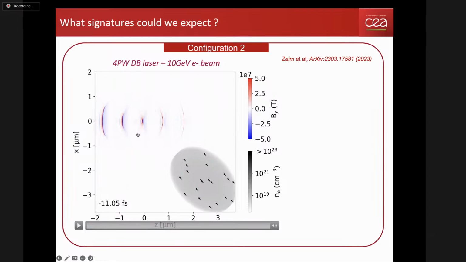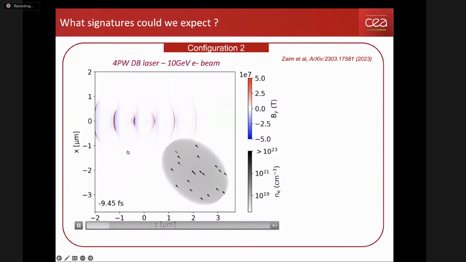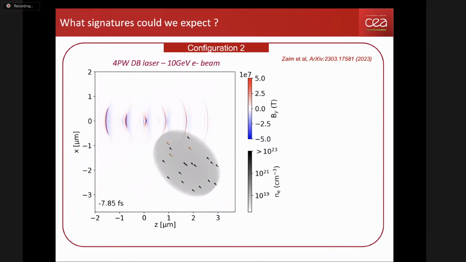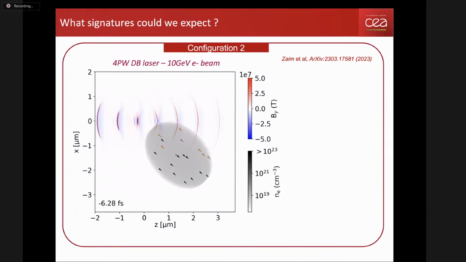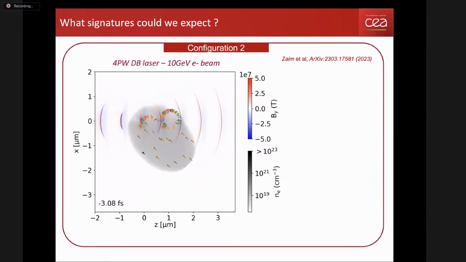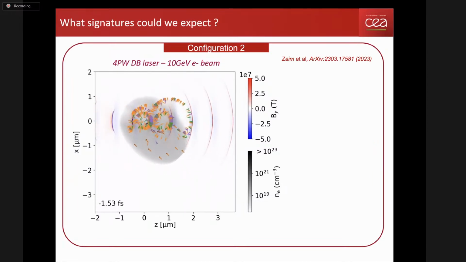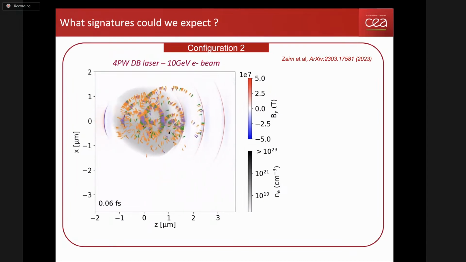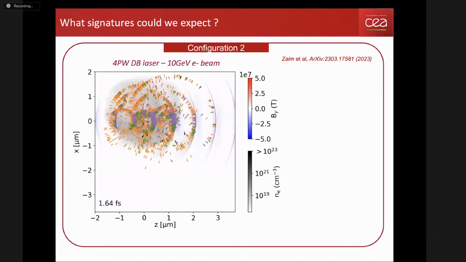chi possible. If you have a head-on collision, you lose a lot of energy in the first cycle of the Doppler boosted light, and so you reduce the overall chi parameter you can achieve. So here I will play the movie. You can see that when the electron beam crosses the Doppler boosted light, it will trigger gamma photon production in orange, so you can see gamma photons, but also electron-positron pairs in purple